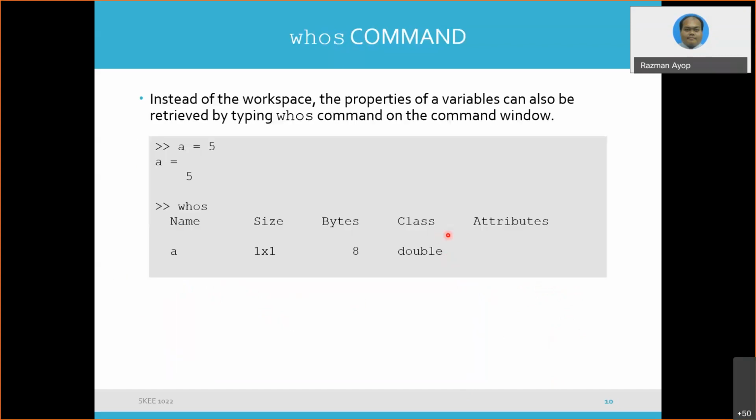Okay, how do you determine the characteristics, the properties of a variable? You use the command whos. For example, a equals 5, then whos. Or you can use whos